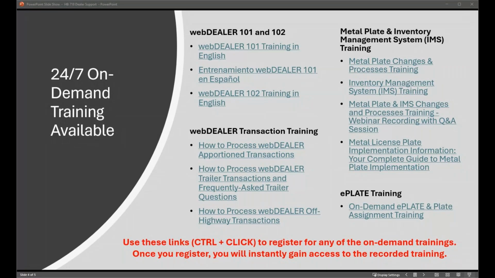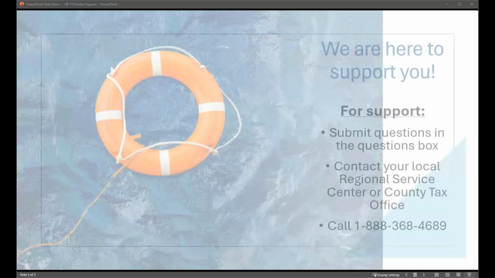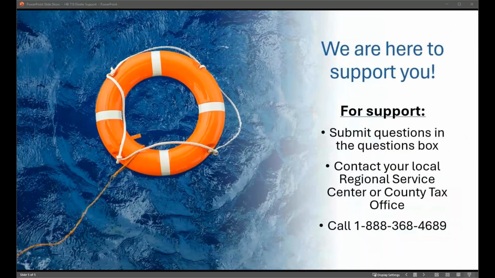And you will also indicate if the plates remained with that vehicle or not. So if the plates did remain with that vehicle, you will indicate so, and those plates will automatically be transferred to your inventory in IMS. With those being transferred to your inventory, you will have 10 days to reassign those plates to another vehicle of the same class. After that 10 days, those inventory will automatically fall out of your system and you will need to destroy those plates because they will no longer be in your system to assign to a vehicle.